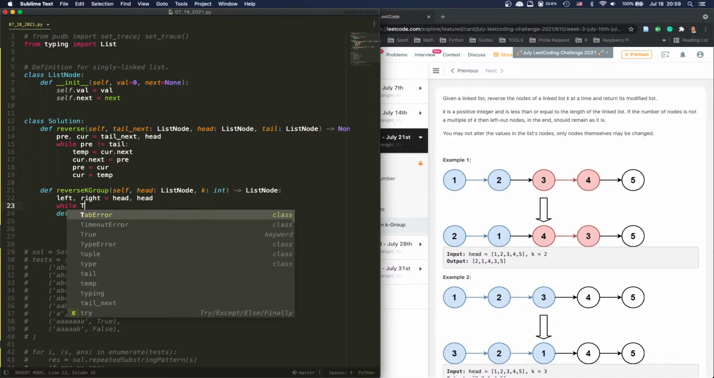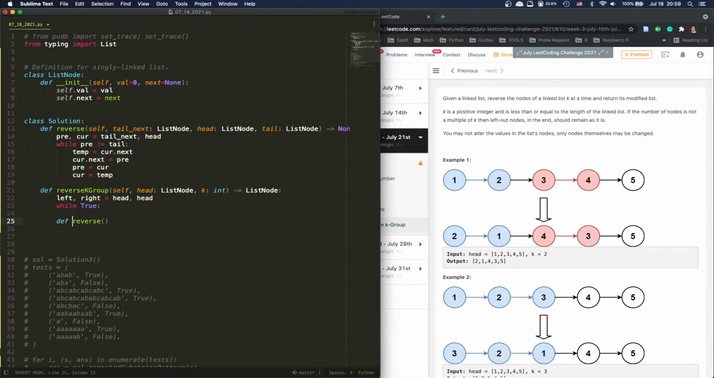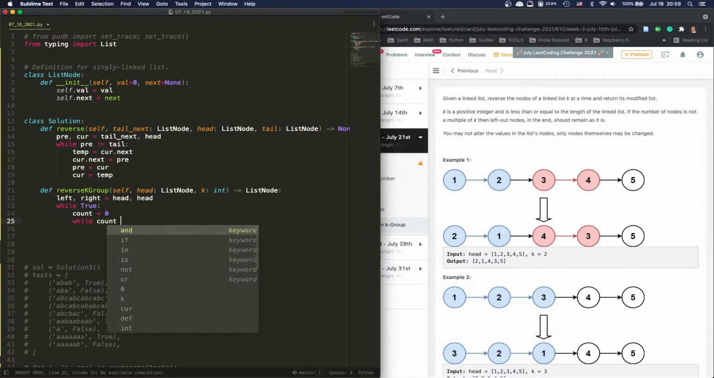Let's call it while true on the top. I don't know what condition will be. So if we call it while true, and we say count equals 0, right? Count is how many steps that we move forward. And we say while count is smaller than k,